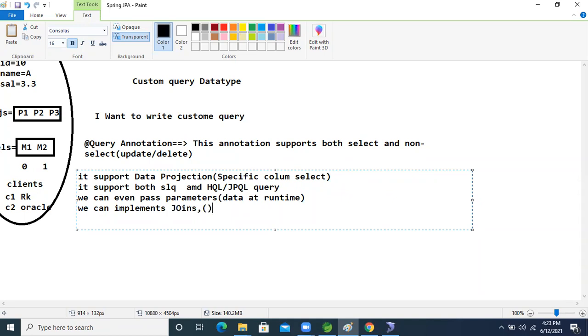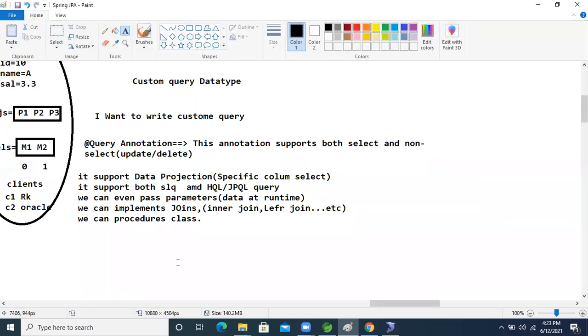We can implement joins like inner join, left join, etc. Next, we can also implement procedure calls from the database using the @Query annotation.